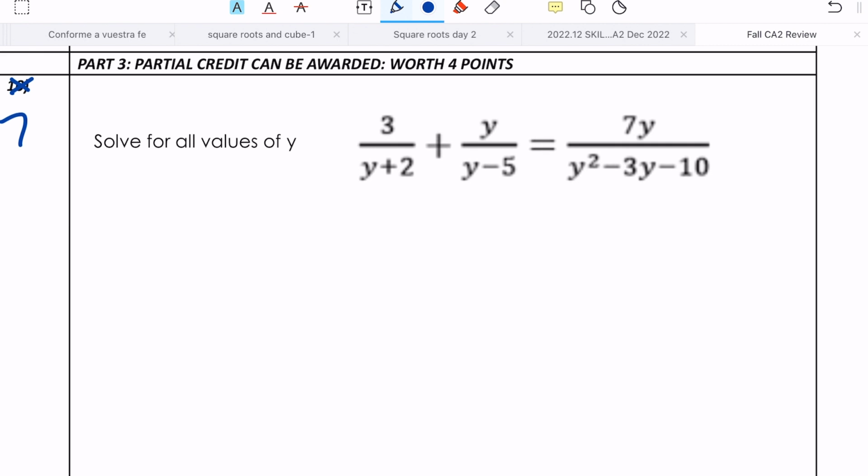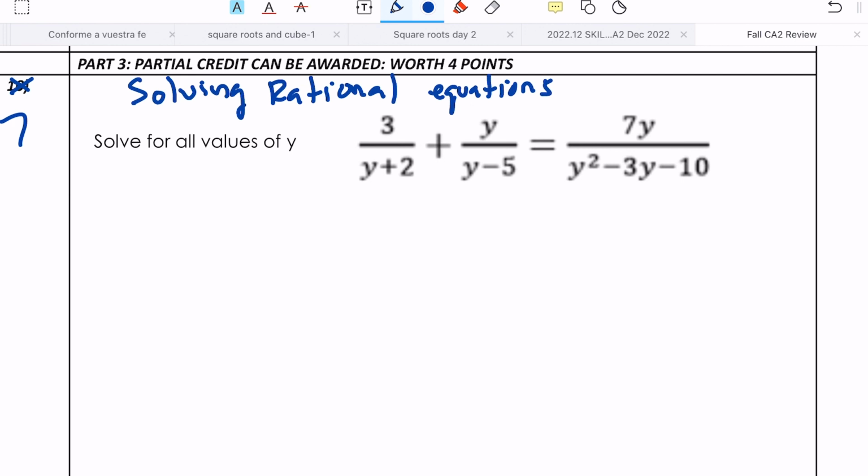All right. So now, this is another solving. This is solving rational equations. This is the topic here. There are actually a lot of problems on solving rational equations. It says solve for all values of y. So the first thing we're going to do is